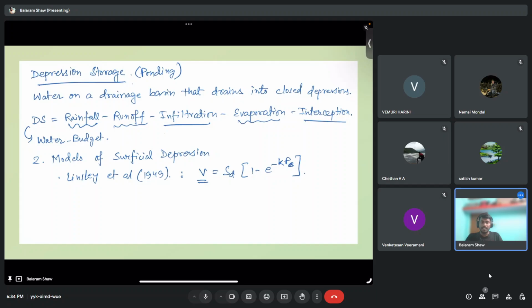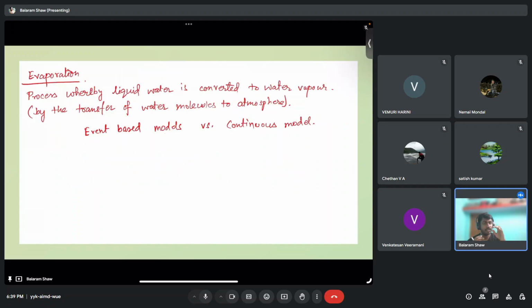Okay. So what I mean by event model and continuous model is, event based model means that it is one event based. In the last week's lectures we have seen what an event is. Let's say a rainfall event. A rainfall event means an event when rainfall is happening. When much rainfall is happening, evaporation is very less compared to when precipitation is not happening. So let's say precipitation is happening for 1 hour. If you only see that 1 hour or that event, the evaporation will be less.